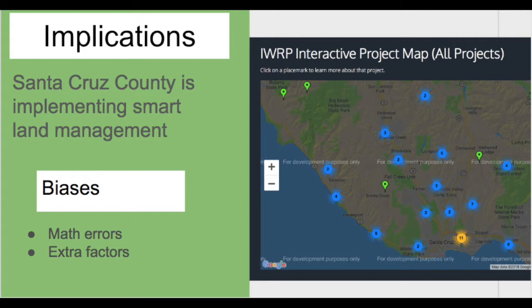So what does this all mean? Well, it seems like Santa Cruz County is implementing great land management practices. Much of the areas developed during the study period fall into the category of low erosion. Very minimal development also occurred across the whole watershed. Finally, online research shows that since the year they had the total maximum daily load on sediment established, Santa Cruz County has started various erosion reduction projects. Basically, all signs, including this study, point towards the fact that Santa Cruz County is doing a good job protecting the region from more erosion.